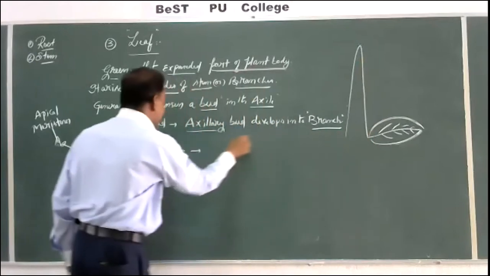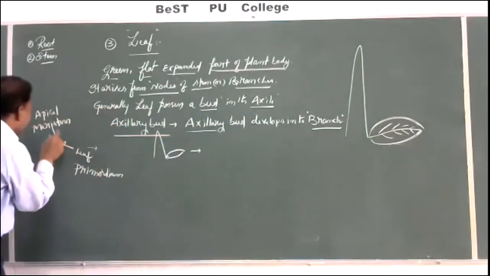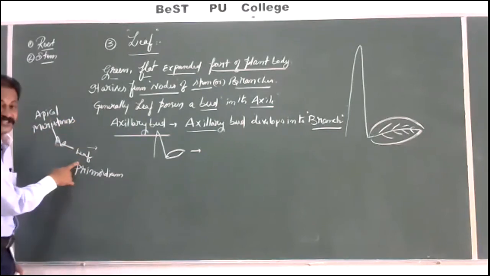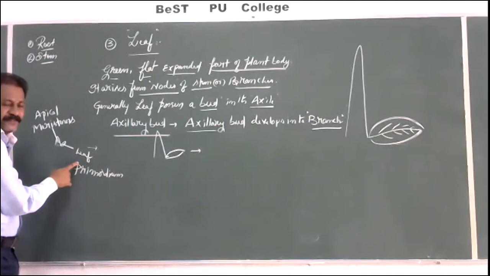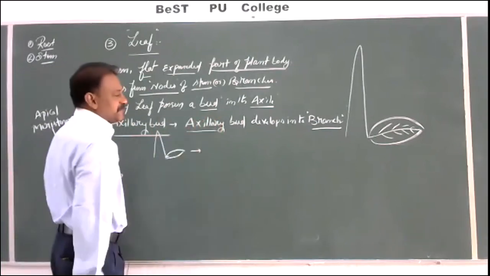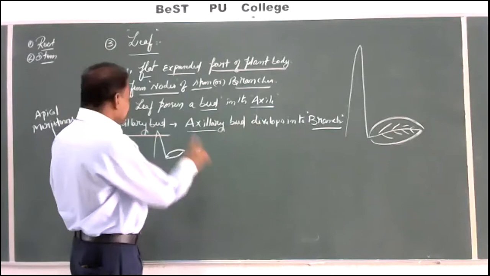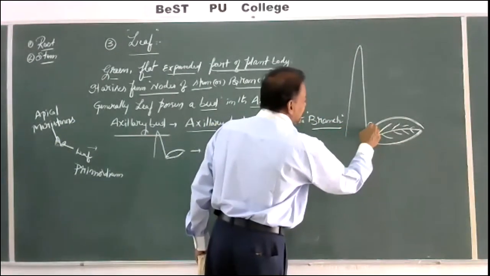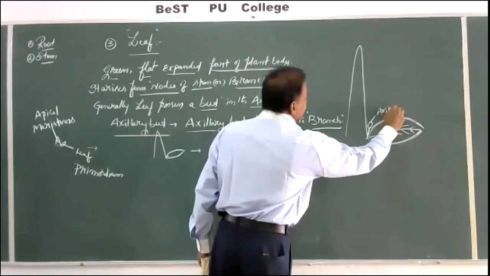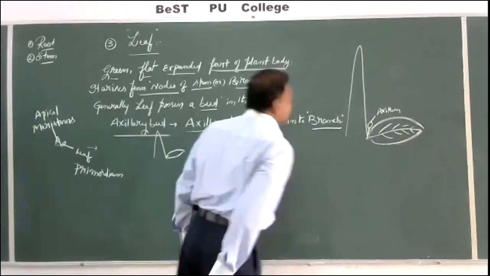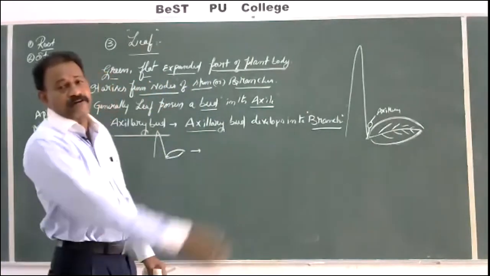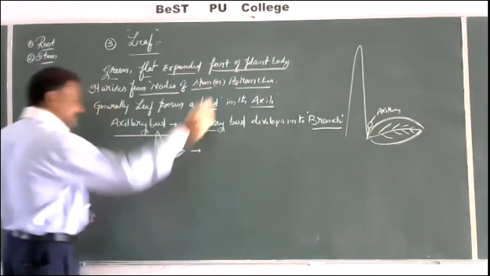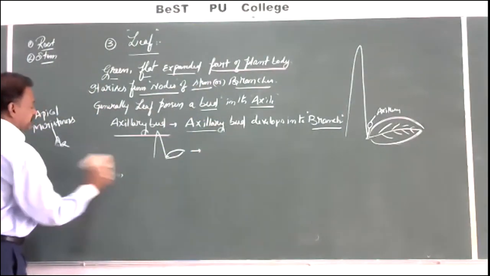When this plant stem is small and young, apical meristems are responsible for the formation of leaf primordia. After the formation of leaf, generally it consists of a bud in its axil. This is called axillary bud. This axillary bud develops into a branch, or it may develop into a flower, or it may develop into inflorescence variously. Now, to understand this leaf in detail,